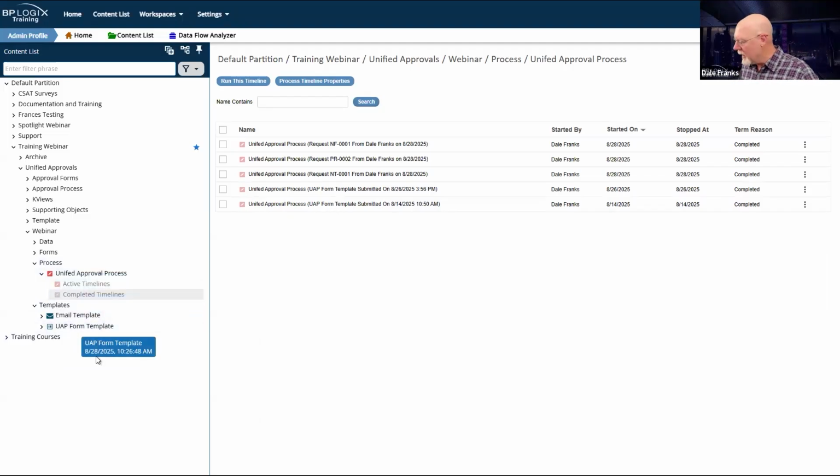Look, obviously, I would test this a lot more if this was a real application, but we just don't have time. So we're going to assume that our testing has gone swimmingly. And I now have a working and running template and timeline. At this point, I'm going to see what I need to do to make this all work in the real world. So at this point, this is where the magic is going to happen.